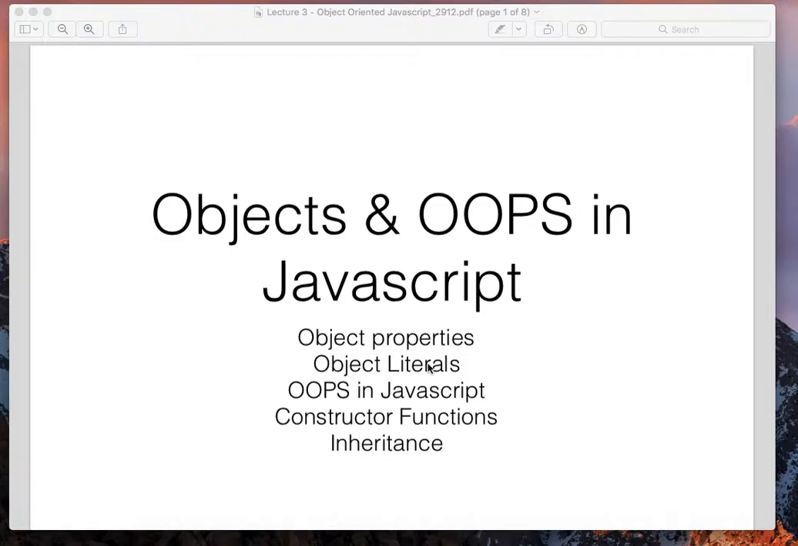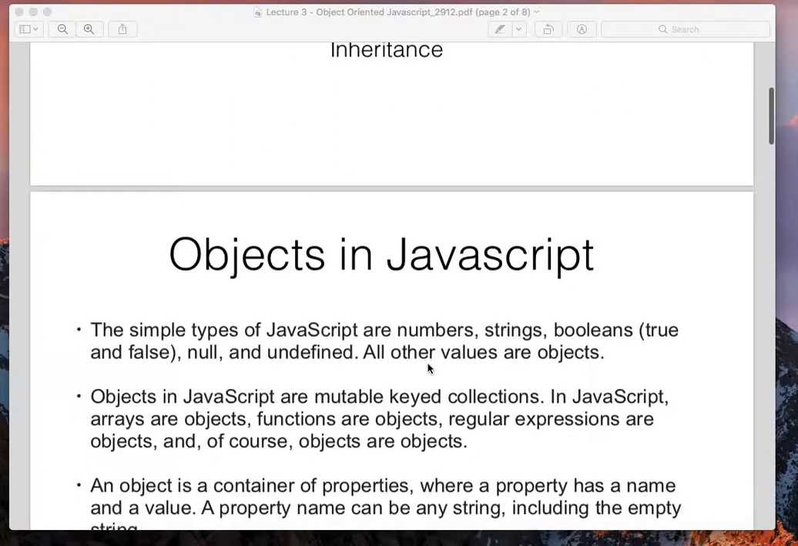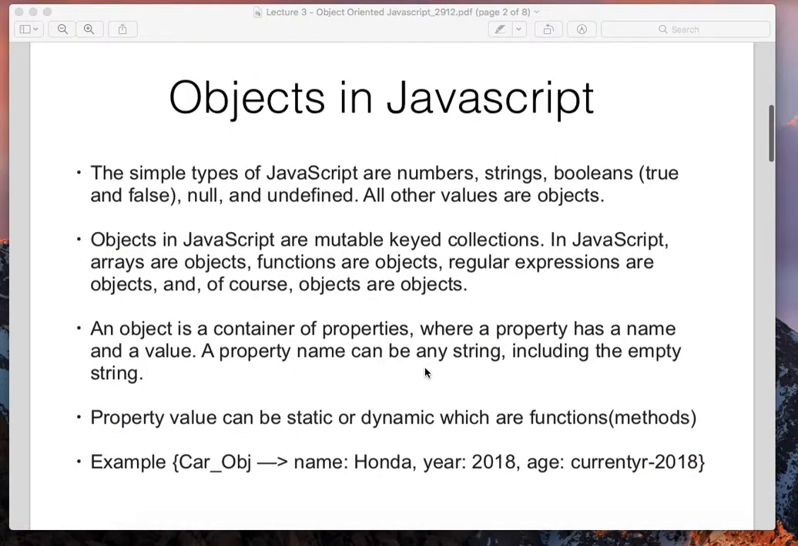And finally we'll look at how inheritance can work in JavaScript, where one object can inherit from another object, right, or one class can be extended to another class. So let's get started. Okay, so objects in JavaScript: very simple types of JavaScript are numbers, strings, boolean, and undefined,